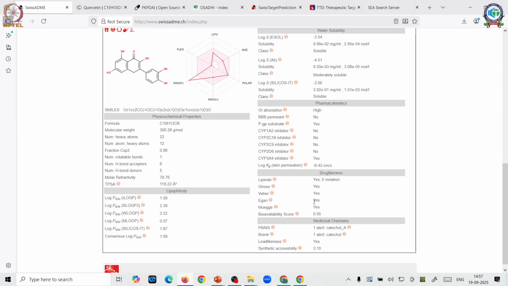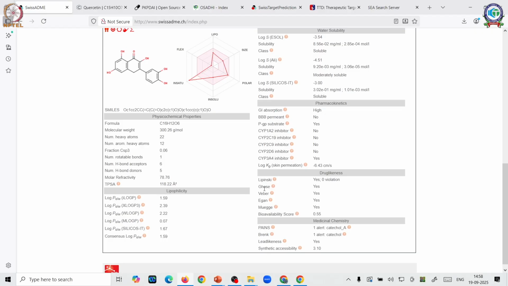You have your drug likeness. There are certain values we follow for druggability. You have your Lipinski's rule of 5, that is the molecular weight should not be more than 500, and a lot of other rules are there. Depending upon the scientist and their rules, the software is automatically calculating how many hydrogen bond donors are there, how many hydrogen bond acceptors are there, what is the molecular weight, what is the molecular size, what is the total polar surface area.